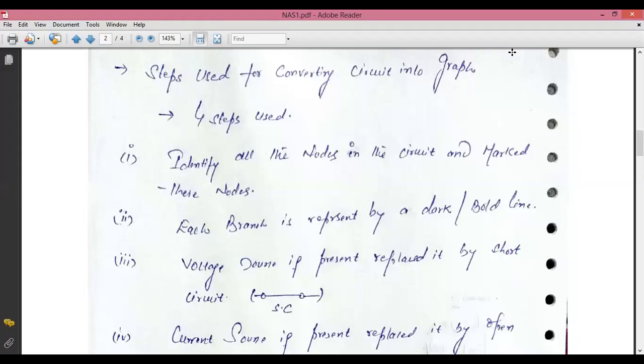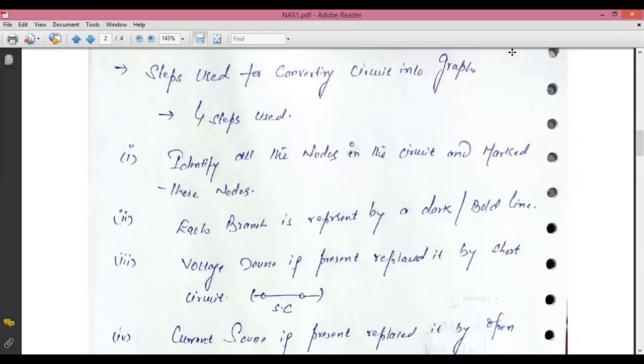So we will meet tomorrow at our scheduled lecture and continue this part. Right now you are discussing what you mean by this network. Network means a circuit, and a circuit contains at least one active element, one passive element, and there is a connection between the active and passive element. You are discussing topology. Topology means graph, and graph is basically a technique where we have to convert the circuit into the graph. There are two types of graph, ordinary and oriented. And there are basically four steps used in making the graph.